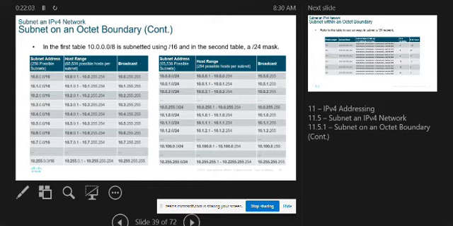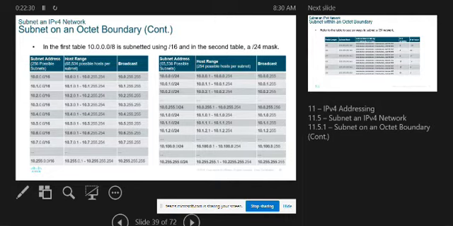And by doing so, 2 to the 16, we know the math is 65,536. That's the number of networks that they created. They've taken a class A network and turned it into 65,536 other networks that look like Class Cs. And on each one of these networks, we're going to have 254 addresses. So you can see